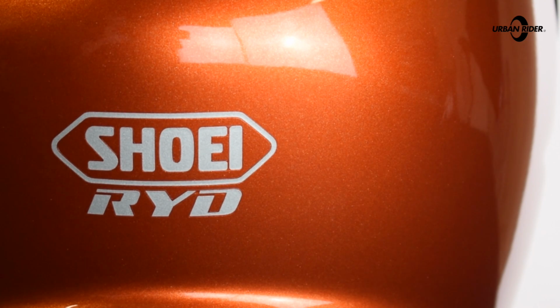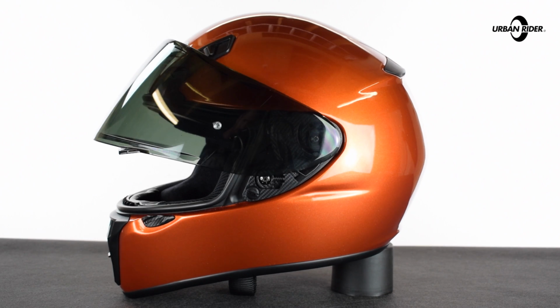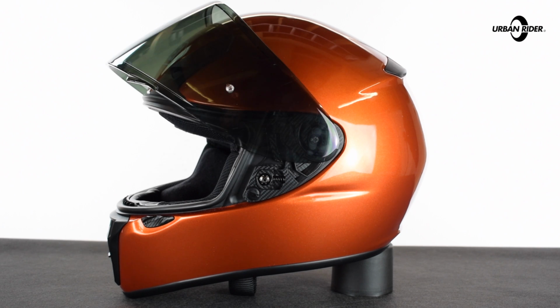Really love this particular colorway. The visors with Shoei, you always get a really nice, secure, multi-point opening system, which means that you can leave it wherever you want on that range and it's not going to fall down or flip up even at high speeds. You've got ventilation systems which are designed to be operational even with gloves on, even if you're